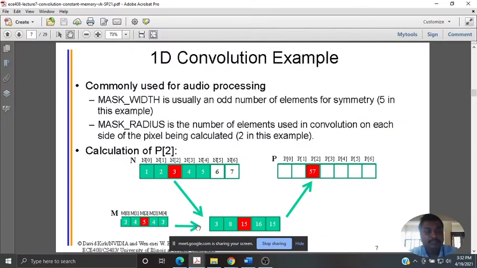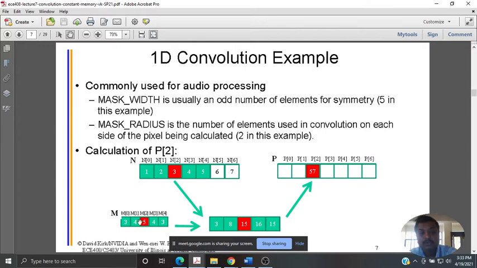So how do you compute? Basically, a weighted sum. Whenever you are accomplishing convolution, the mask is chosen in such a manner that there are an equal number of elements on either side of the center element. So if I say 5 is my number of elements, there are 2 elements on the right side and 2 elements on the left side. So it is symmetric about the center.